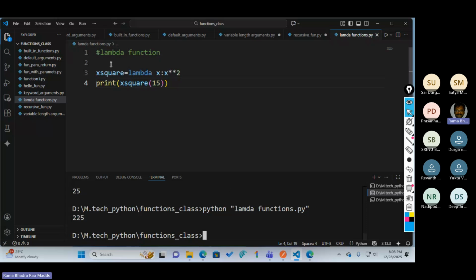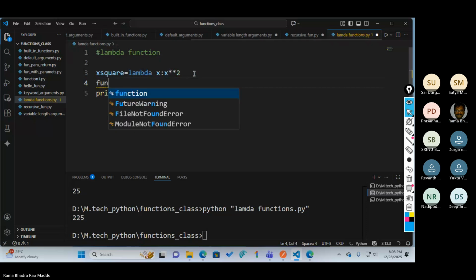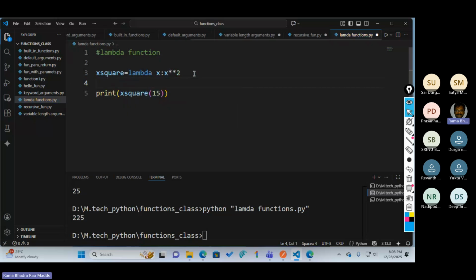If you provide 15, it will provide 15 square. This is for one-line evaluation purpose. For understanding purpose, the function name is x square is equal to lambda, which is a reserved keyword. This is nothing but the input argument, then the output.